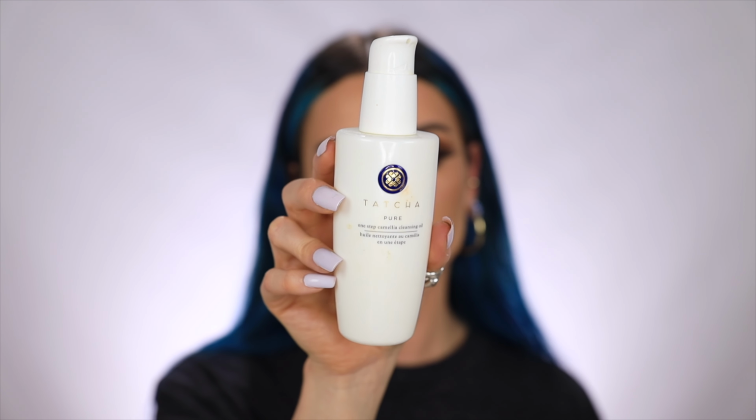Next up, this looks gross. It's all scummy, but this is the Tatcha Pure Cleansing Oil. This is one of the only oils that works really, really well at breaking down my makeup, and it doesn't make my face really greasy after. I've had a few that broke me out because of the oil properties in it, but yeah, I haven't had any problems with this guy, and I don't believe that you have to cleanse after